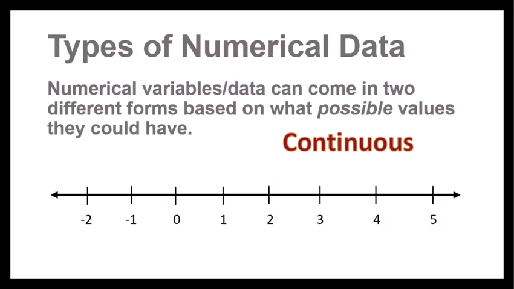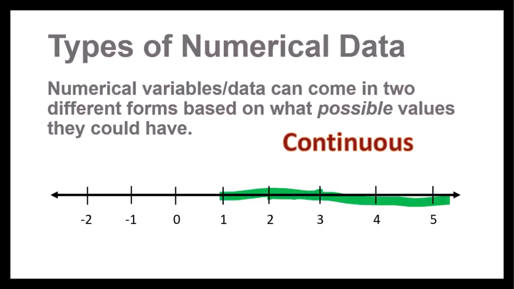One more thing to keep in mind is that often when we collect continuous data, we will round it to a certain number of decimal places. If I'm looking at the temperature, I'm not going to measure my temperature down to 8 decimal places. That wouldn't be practical. Maybe it's even rounded to the nearest 0.5. But the possible values, without that rounding aspect, are still all the numbers in between whatever possible range we could have. So discrete is certain possible outcomes with no possibilities in between the gaps.